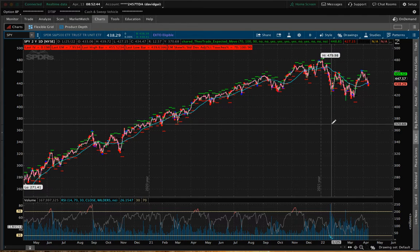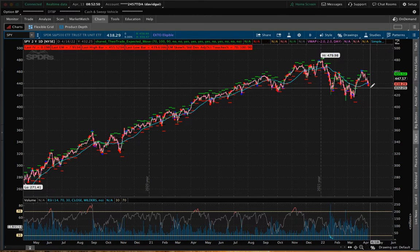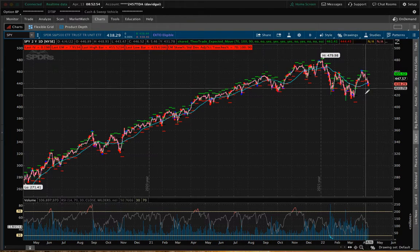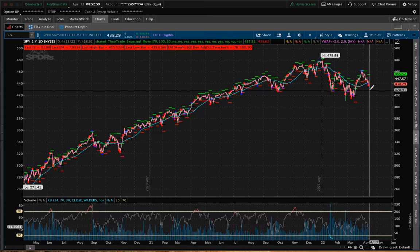And as far as I can see it, we're still in the area of support here, and we can go a lot higher, but we can chop as long as the foreseeable future here. When you're looking at the SPY, whereas when you're looking at a stock like